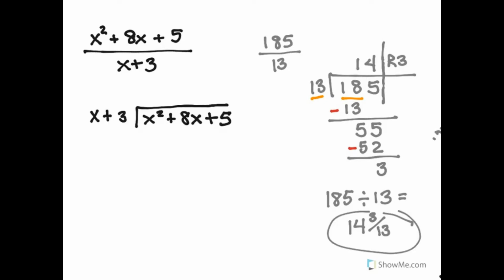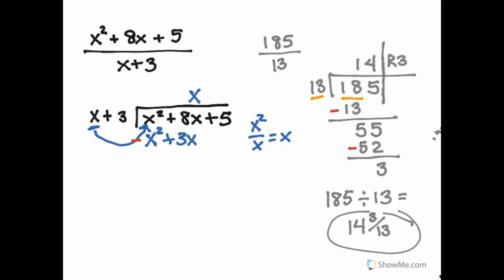Well, let's try the division with the polynomial. X plus 3 here is the divisor, and x squared plus 8x plus 5 is the dividend. I'm going to look at x going into x squared. So x squared divided by x is x, and I'm going to write the x in the x column, that is, over the term that has the same power of x. So when I multiply, now the next step is multiplying back. X times x gives me x squared, and x times 3 gives me 3x.